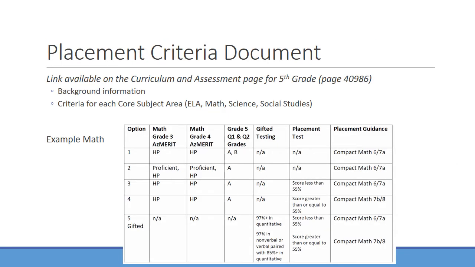The placement criteria document is available on the 5th grade teacher resource page. The document provides background information and a section for the criteria for each core subject area. In mathematics, there are 5 options to identify students for advanced math course placements. The table is read row by row. Option 1, shown in row 1, indicates that the student is highly proficient both years in AZ Merit Math and